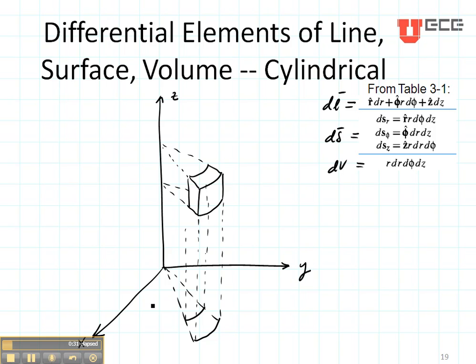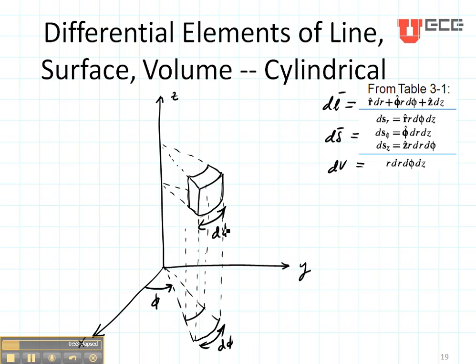Right here you can see the XYZ coordinate system, and you can see that we've chosen a little element. This is our element of surface. Right there, our element of volume and our element of line. It begins at phi, and it has a distance d phi right here. This is our delta phi value, or our d phi.